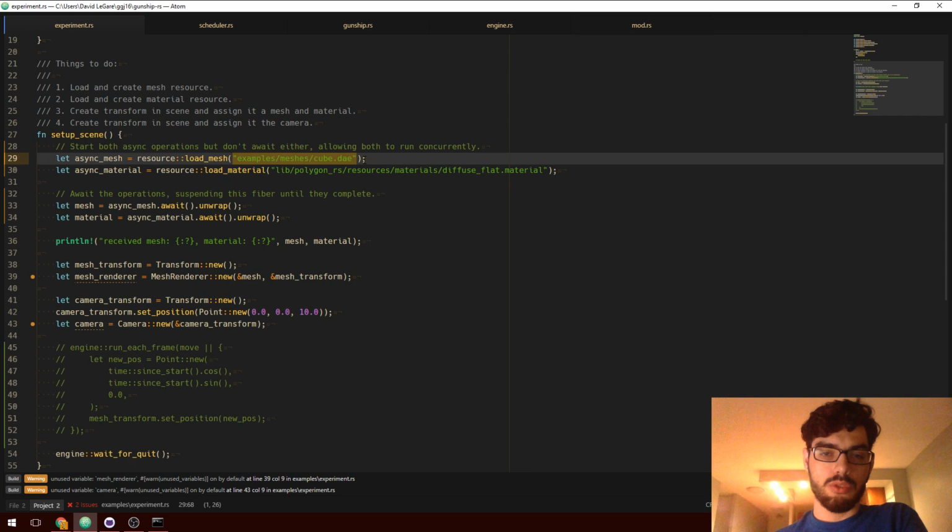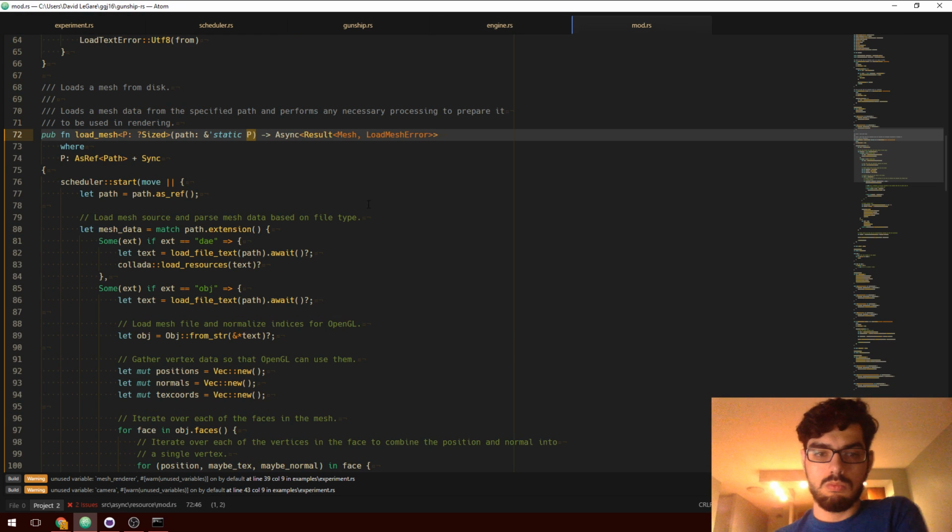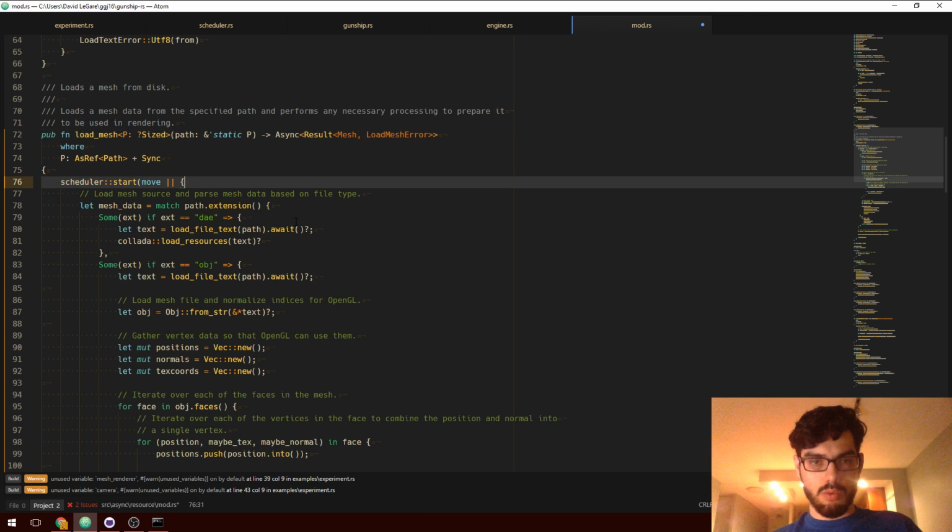So, if I were to dynamically concatenate a bunch of strings together to get my path and then pass that into load mesh, that no longer works. And that's not what we want, because we know that load mesh is going to take ownership over that string object, so it's going to be safe. It really is just like what we want is